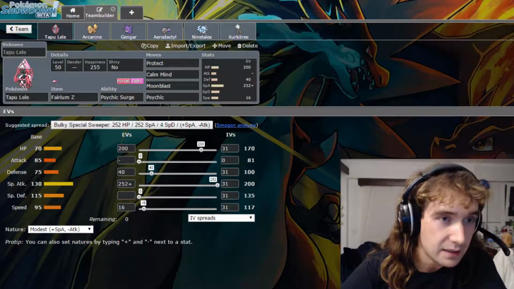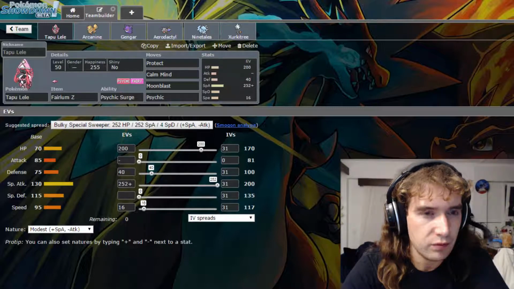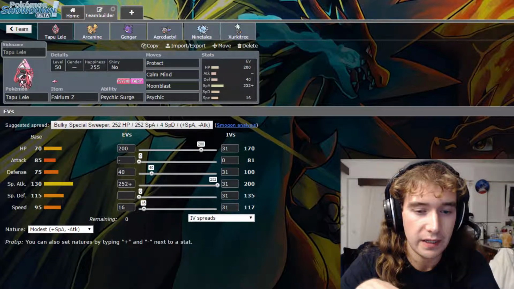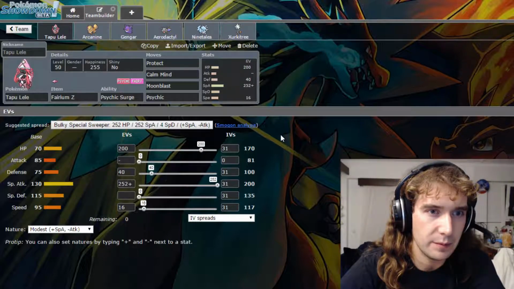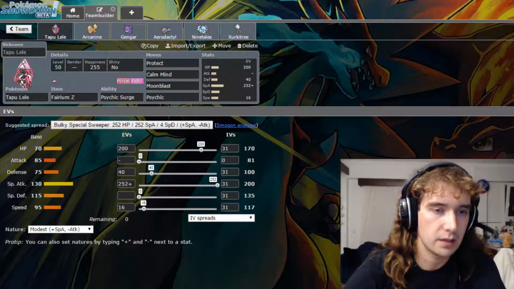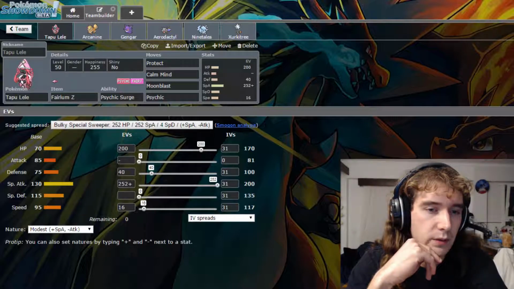And then last, but certainly not the least, we have our Tapu Lele, who is actually running the same set as in my other team, because I built the other one to be bulky and not fast to go under Tailwind. Now Tailwind's maybe a little bit more important on this team. We've got Aerodactyl to set Tailwind, so we've got the same EV, so Lele outspeeds Coco and stuff like that under Tailwind, and